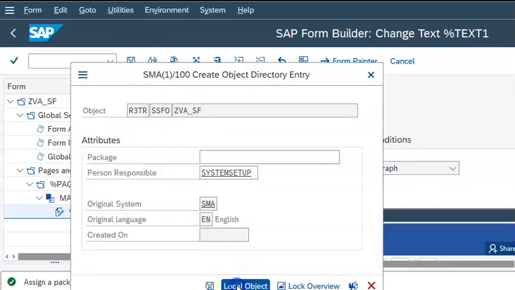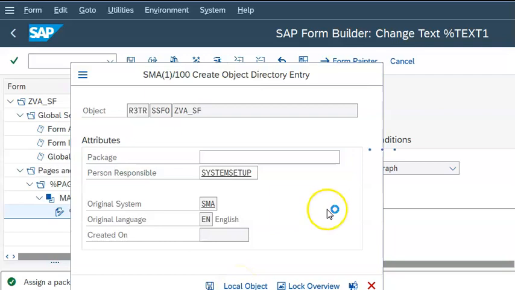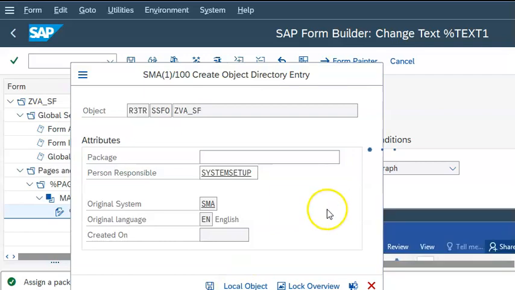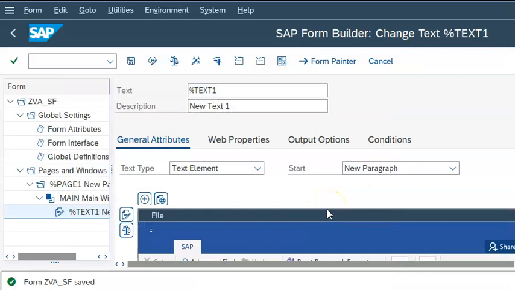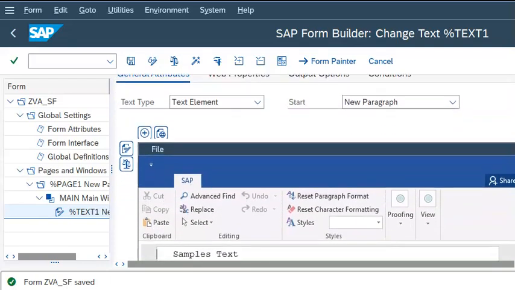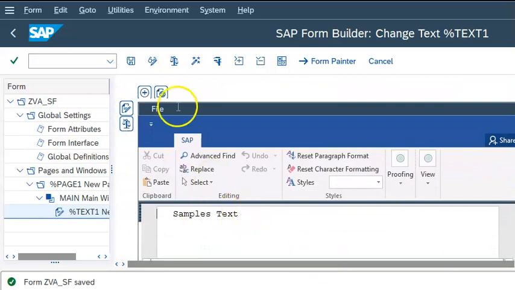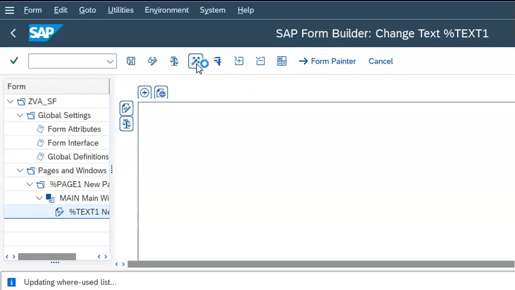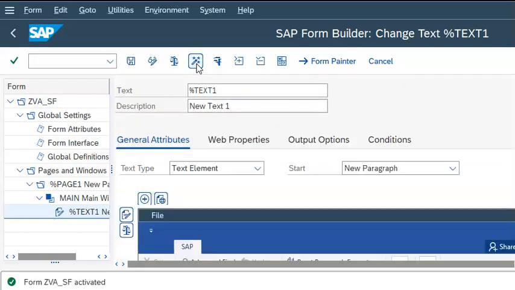I'm as of now clicking on local object, but we can create a package and do that. So we can create a package here. Now once it's been done, sample text. Now you can go ahead with activate. So once it's activated,